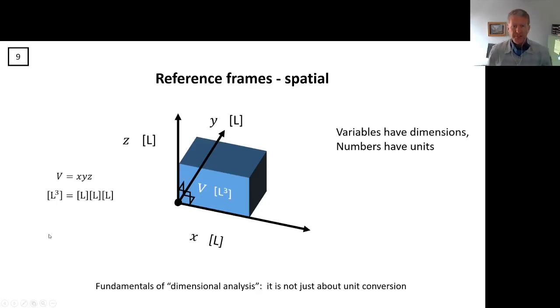We've been through a simple example of dimensional analysis based only on spatial dimensions. We talked about how a Cartesian reference frame has three axes, and each of these axes is going to have a fundamental dimension of length. We can also talk about other entities in this system that would have derived dimensions. For example, there could be an area in this space that would end up having dimensions of length squared, and there could be a volume in this space that would end up having dimensions of length cubed.